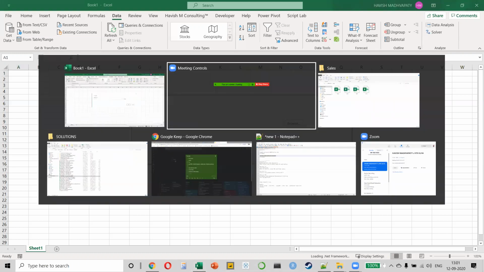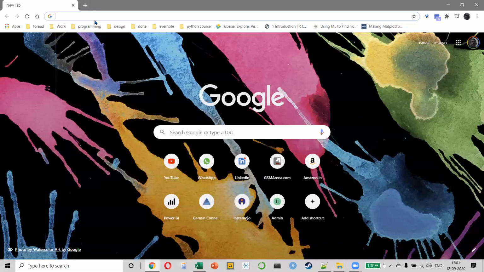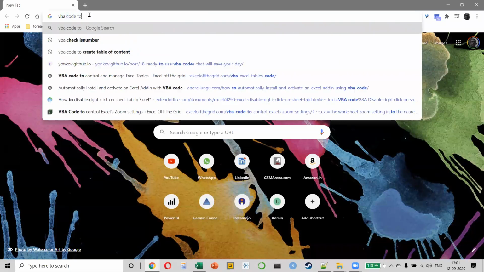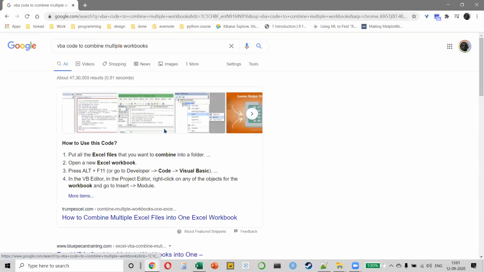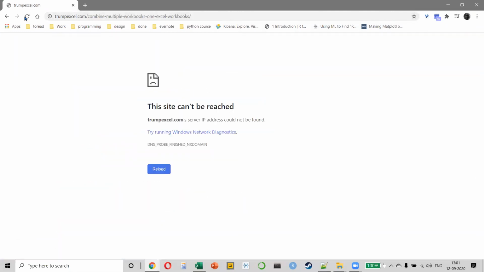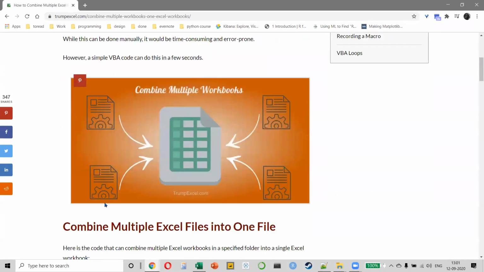Like I said, of course, VBA can be used for this. I used to write VBA codes for, let me show you. VBA code to combine multiple workbooks. Do you see this, everyone? How to combine multiple Excel files into one Excel workbook.